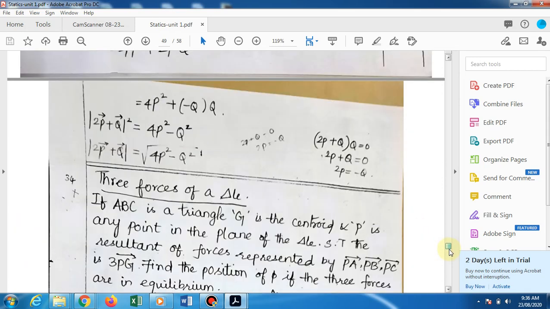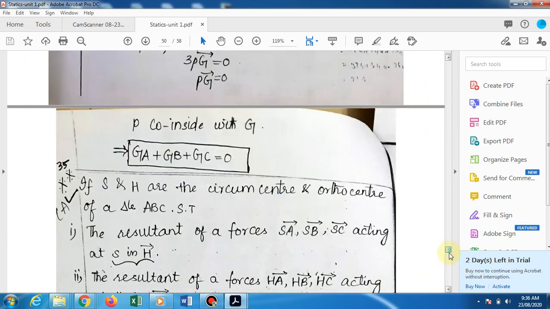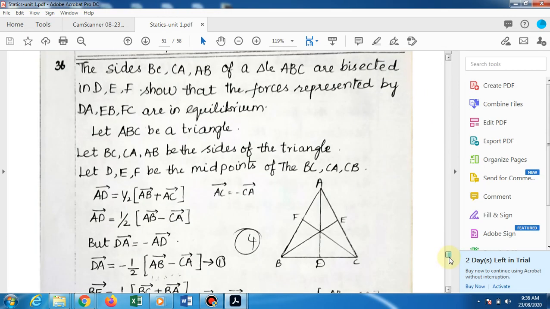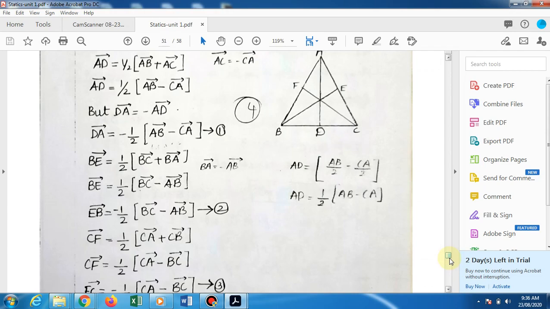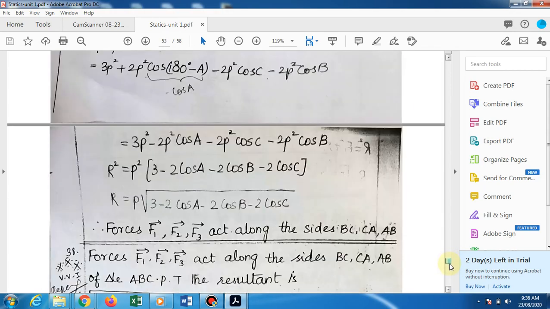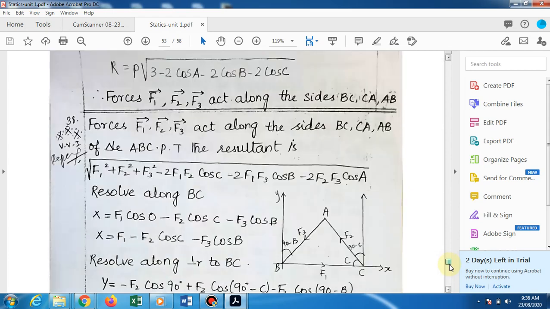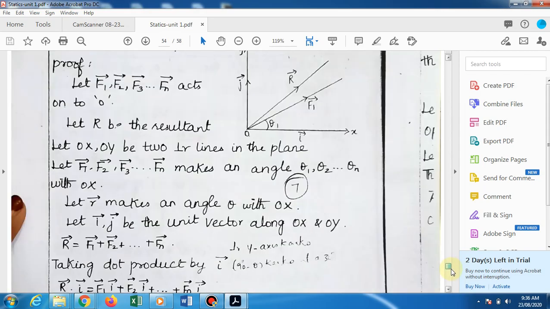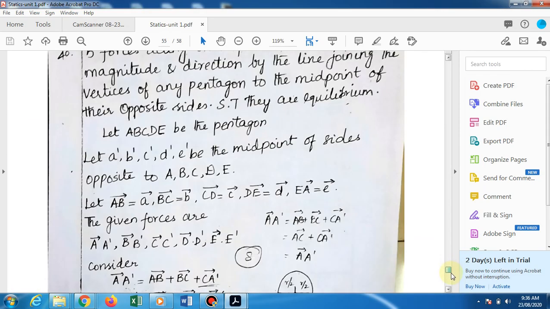That's all, girls. The remaining problems, once you see them, you will understand by yourself. After seeing this, if you have any doubt, you ask. Nothing is hard in this, just refer to it, it will be very easy as in the previous problem. If you have any doubt, you can ask. Now, in the next class, we will go for the third unit.